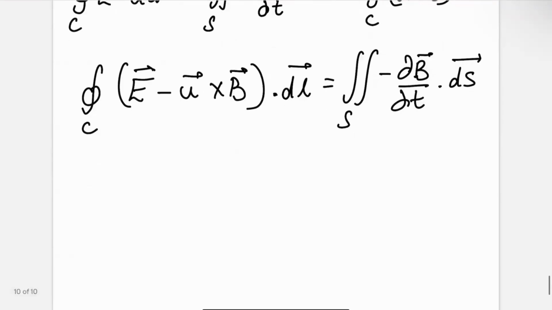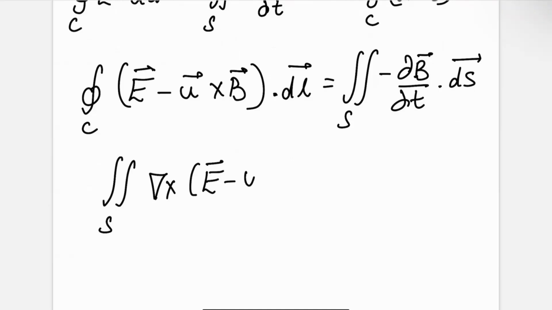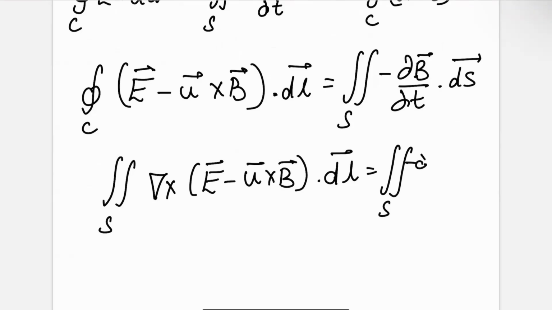On the left hand side, I can apply Stokes' theorem. And that just gives me the surface integral of curl of (E minus u cross B) dot ds is equal to minus dB over dt dot ds. Should be ds,